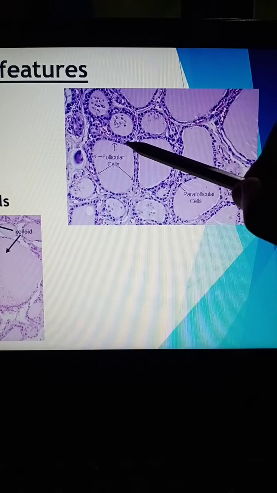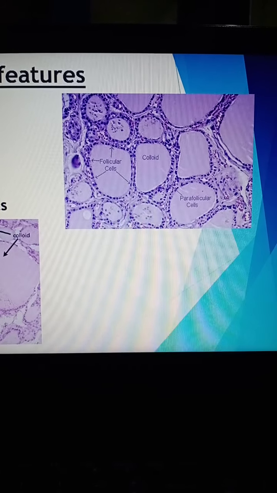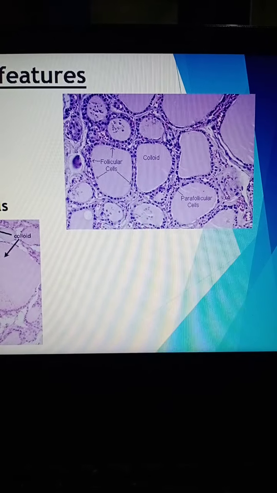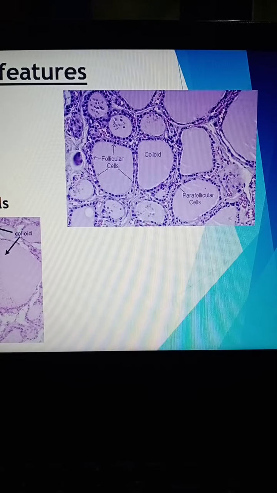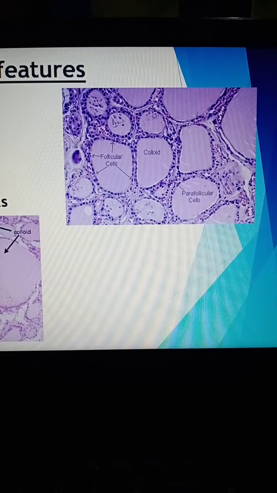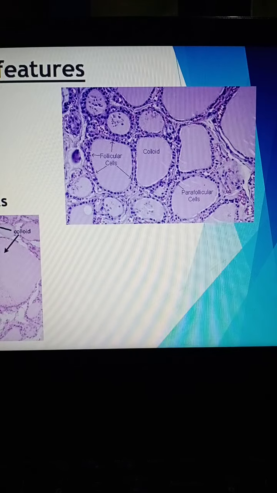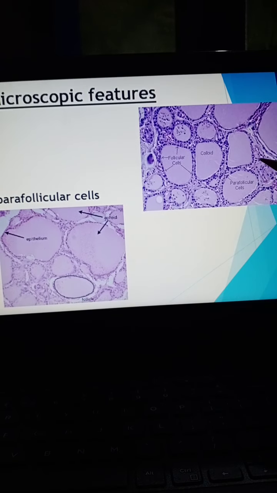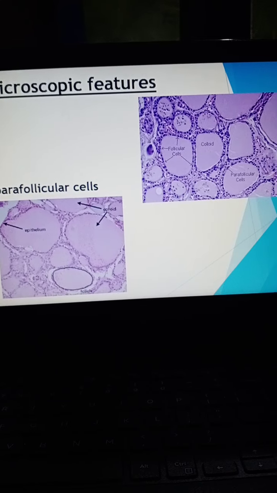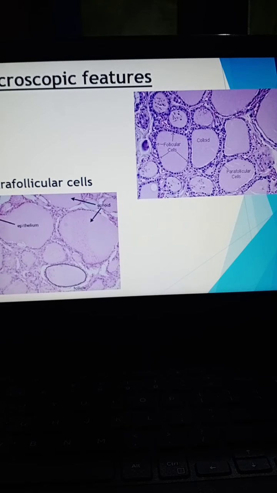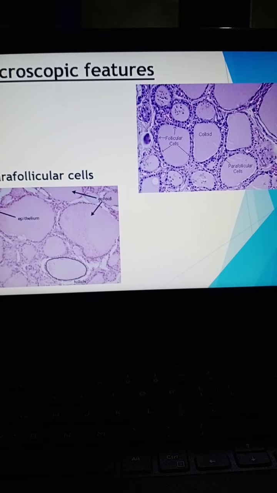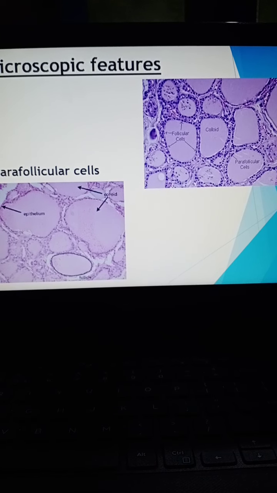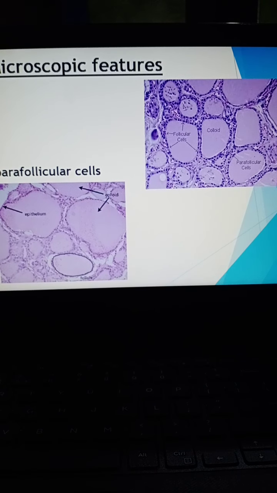This follicular cell rests on the basement membrane. The follicle is filled with homogeneous material called colloid, which appears pink in hematoxylin and eosin stained sections. The spaces between the follicles are filled by a stroma made up of delicate connective tissue with numerous capillaries and lymphatics. The capillaries lie in close contact with the walls of the follicles.